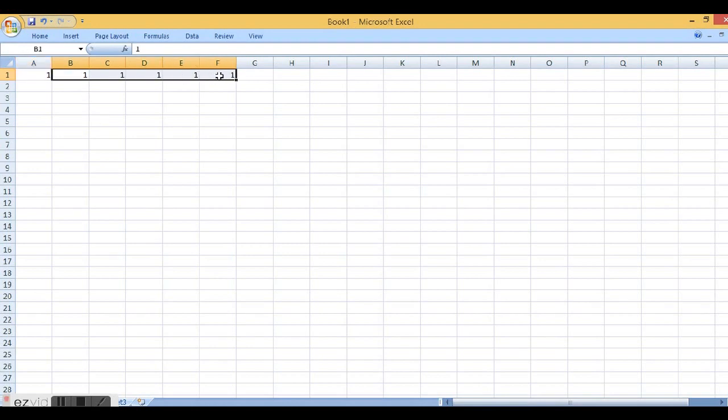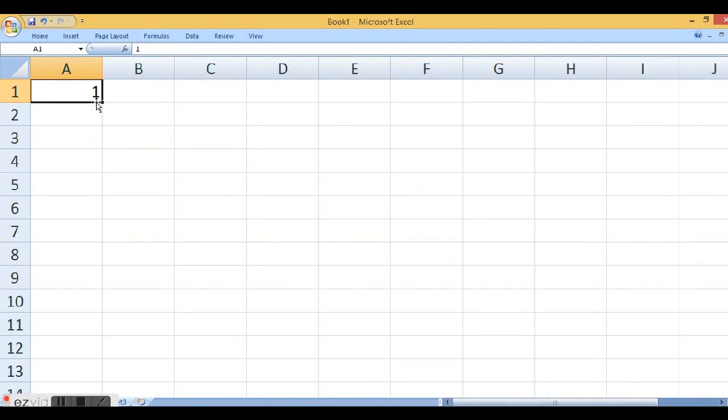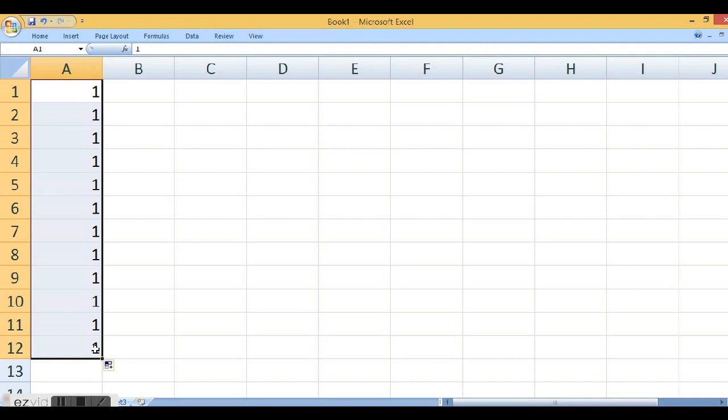But when you want to enter a sequence of data, again I am going to enter this data up to 12. Go to this solid plus, press the mouse and drag up to 12. Now you see 1, 1, 1, 1, it filled the entire data.